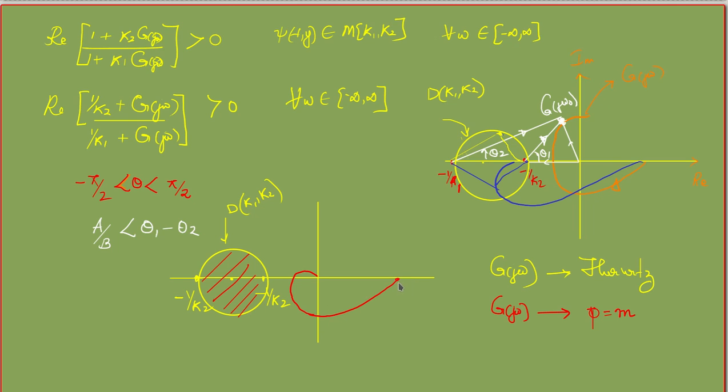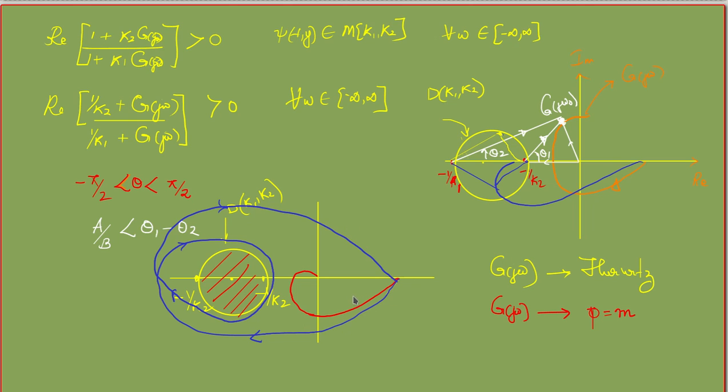If I have some G(jω) with some poles on the right of the imaginary axis, then that curve should encircle this disk in the counterclockwise direction. So how many encirclements are there for the system? This is one encirclement, and then two. Two encirclements are there. So if P is equal to 2 for this case, then the whole system would